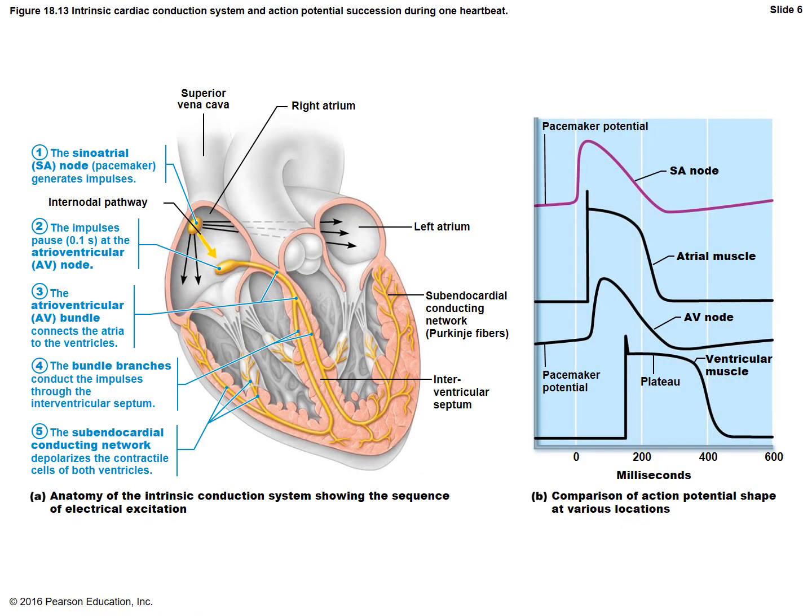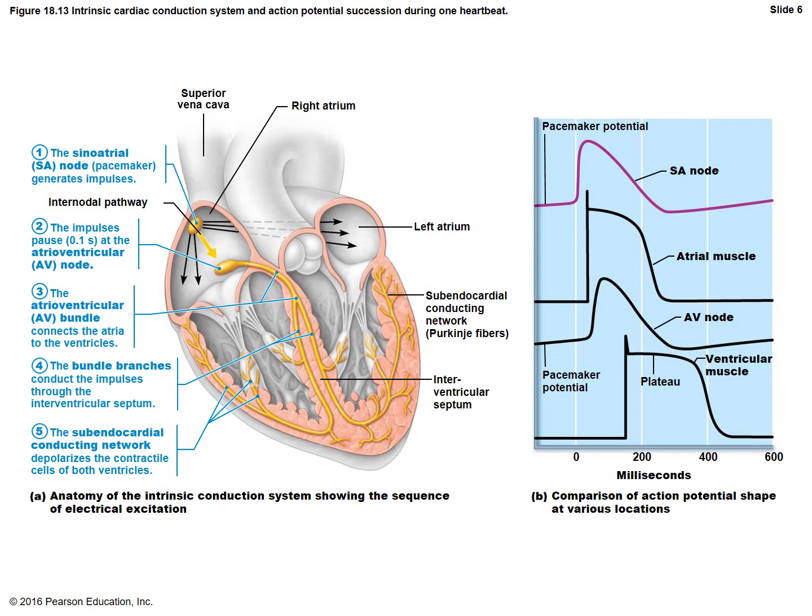So in this diagram here, you can see in milliseconds on the graph on the right, it's comparing the action potential shape at the various locations. But on the left-hand side with the heart, you're seeing first the SA node, these pacemaker cells. As you can see, as I said, it's in the right atrium. And that electrical impulse is going to spread across the atrium. It will spread from the right atrium to the left atrium, and then it will stimulate it at the AV